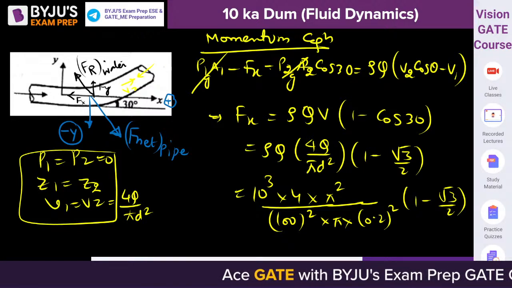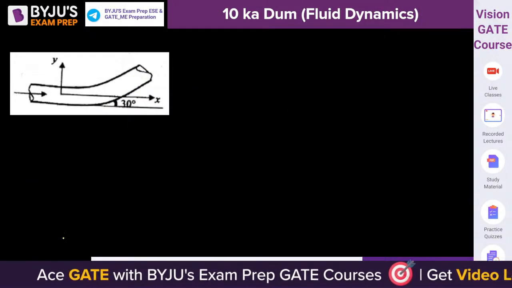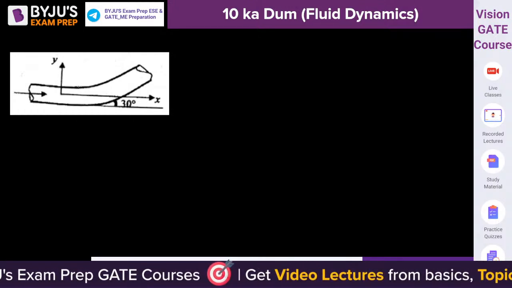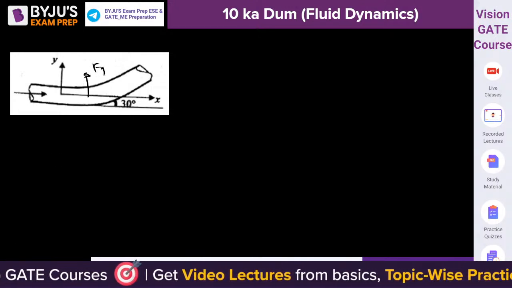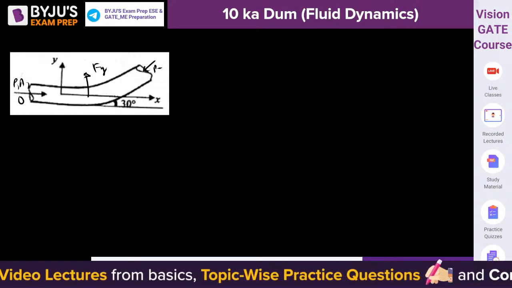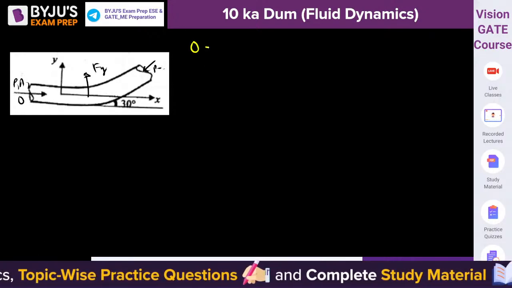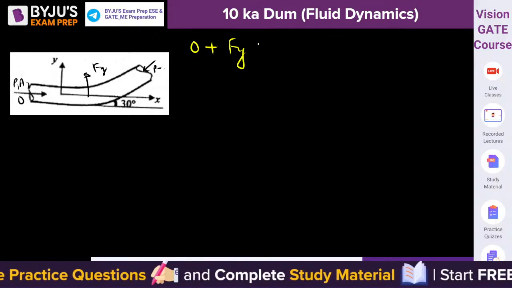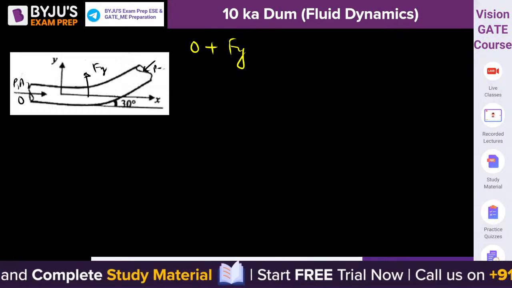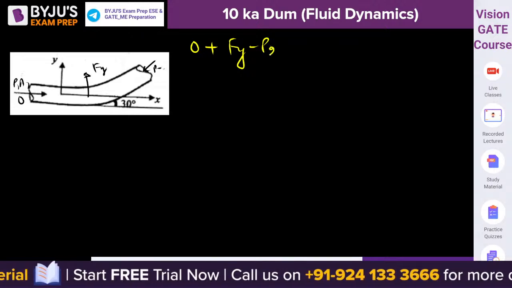Or it would have been better if you could have solved Fy. Fx is a little difficult. Let us talk about Fy. This is Fy, and this will be 0. P1A1 will be 0. P2 will also be 0. So we can say in the y direction, 0 plus Fy minus P2A2